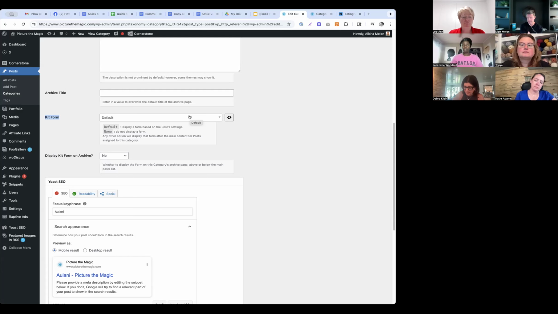Now, I'm not going to take the time here because I think you understand how WordPress works. If you go into a post, it has the same spot, the same feature. So at the post or page level, you can override even the category level. So let's say that I've got a Disney Cruise packing list and I don't want to show my Disney Cruise Quick Start Guide. I can show a separate pop-up just for the packing list on that post. Does that help?